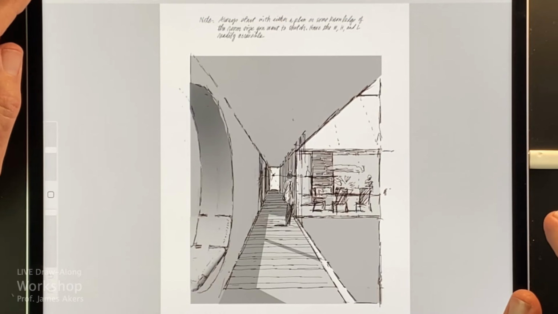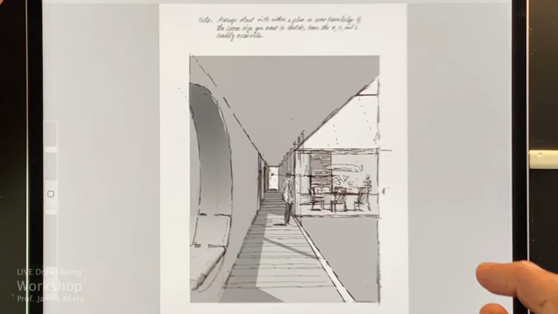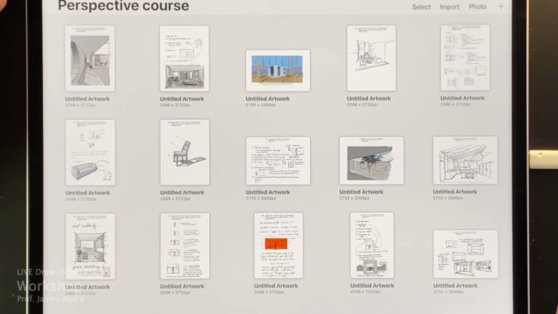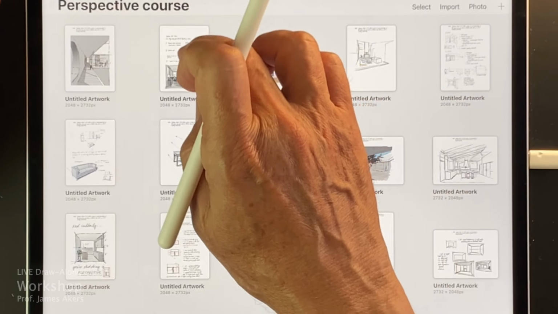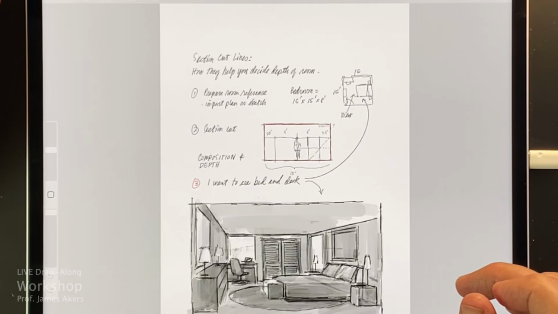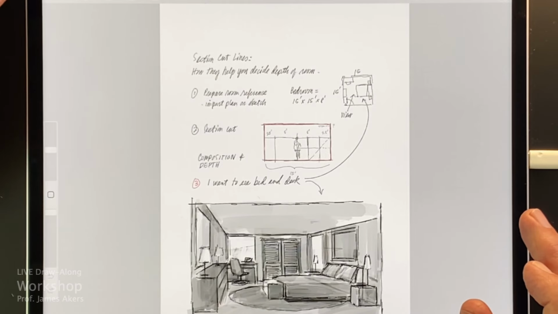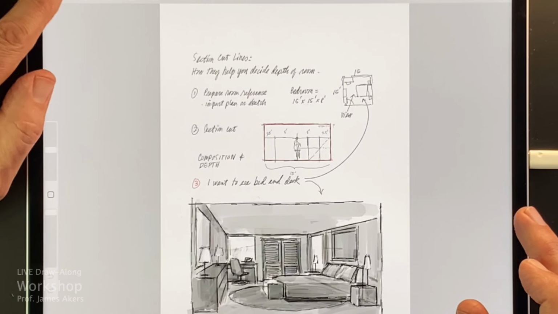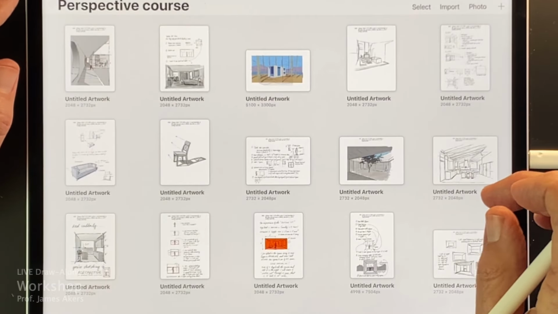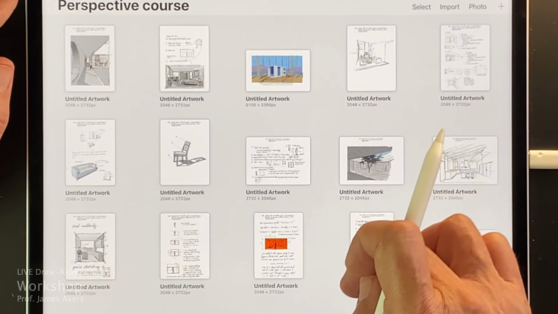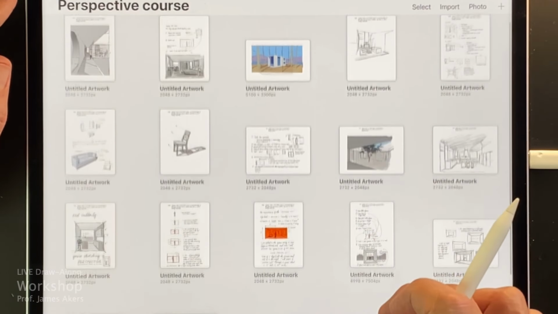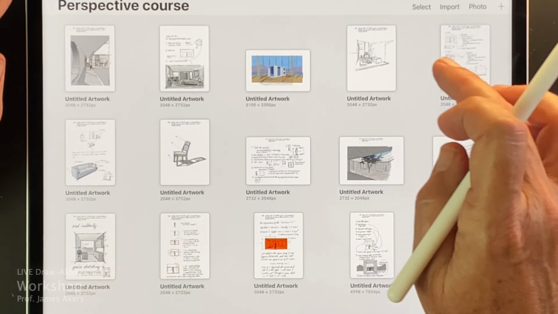And let's see if we have a 2-point perspective exercise in here. And I believe I do. Let's look at this. Nope, that's still 1 point. Let's go back here. 1 point there, 1 point there.